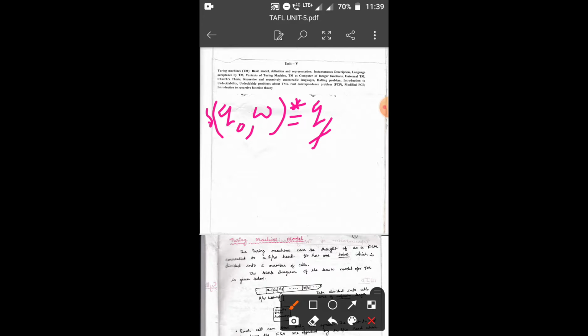Finally it will give QF, a final state, one of the final states that belongs to the set of final states. By this way we can say that any string W is an accepted or valid string, otherwise a rejected string.